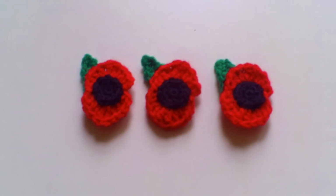Okay then, so I've just finished sewing up my poppies, and that is it for this video. I hope you find it helpful, and I hope you are able to make some of your own poppy brooches